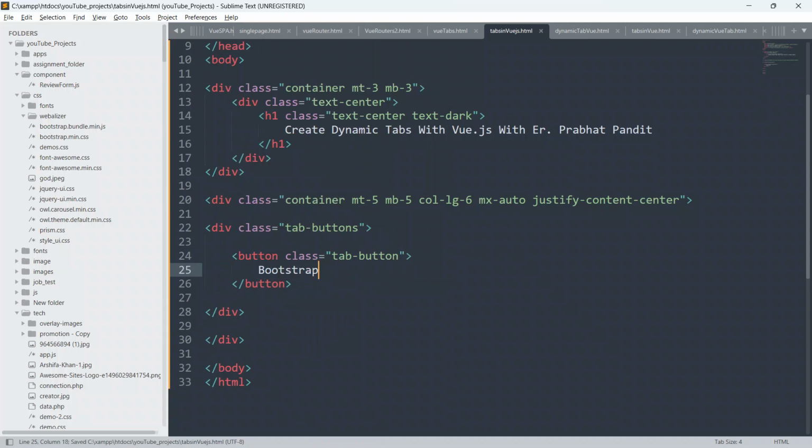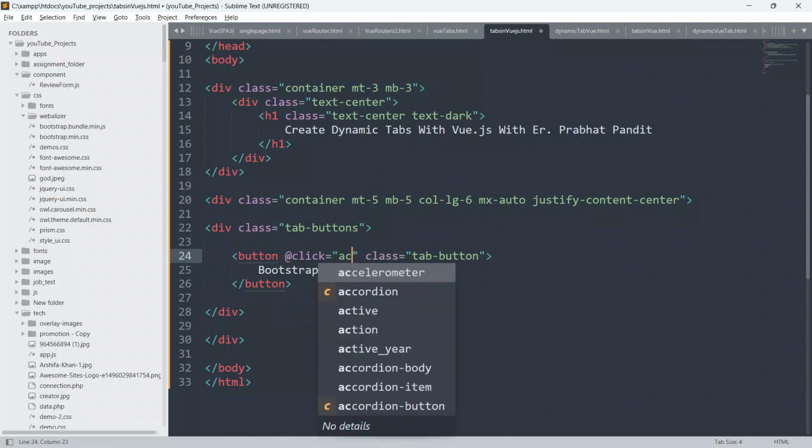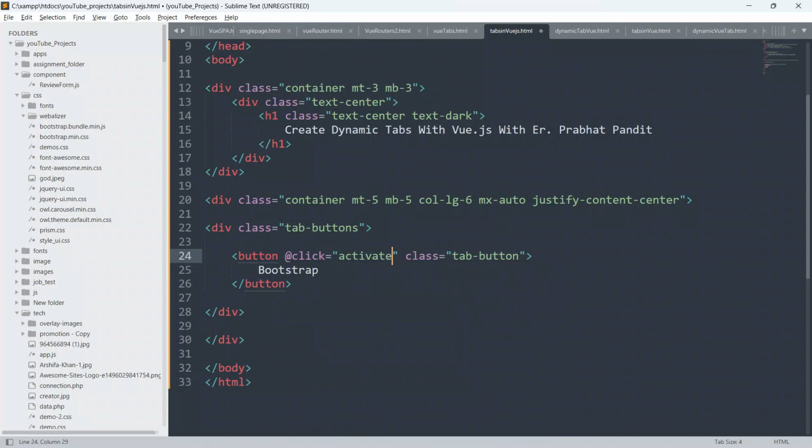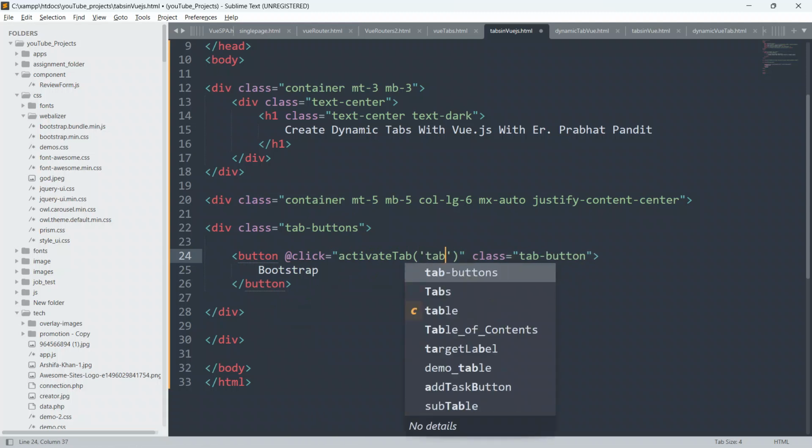Now we have to append the on-click method using @. I will put @click equal to, and I will give activateTab, and inside this I will also pass the parameter tab1.